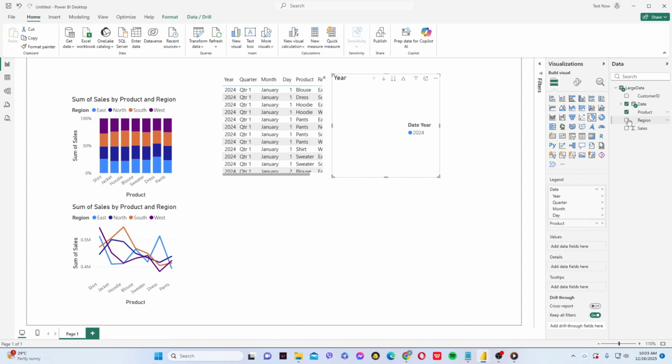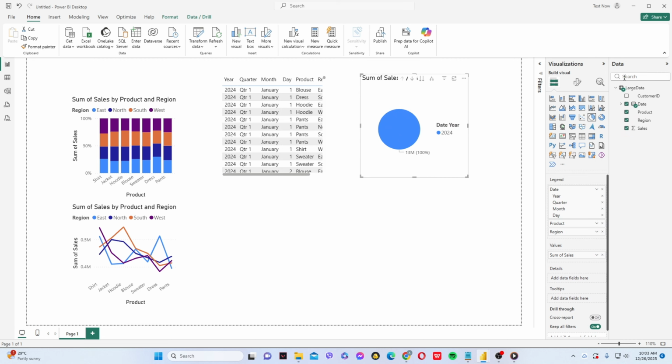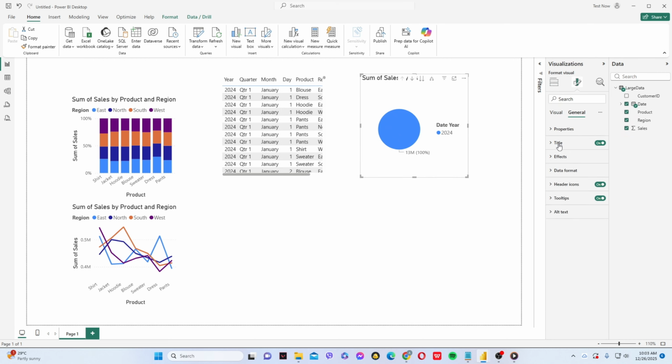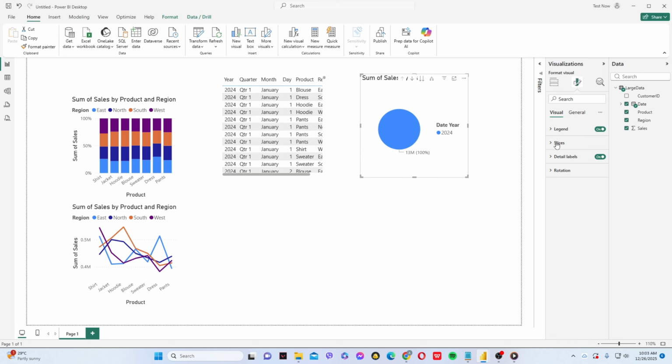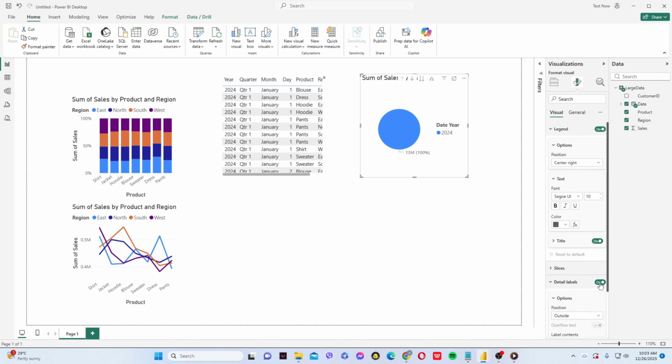Now, refine how your report looks and reads. With a visual selected, open the format options to polish it. Add clear, descriptive titles that tell viewers exactly what they're seeing. Adjust colors to be consistent and high contrast so information stands out. Turn on data labels when they add clarity, and configure tooltips to show helpful details on hover without overwhelming the